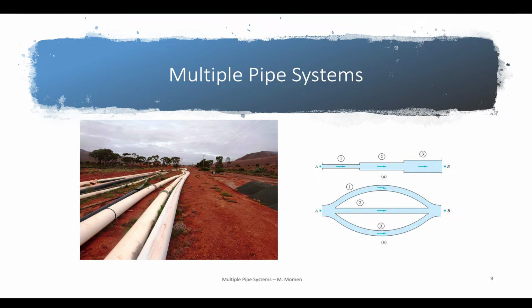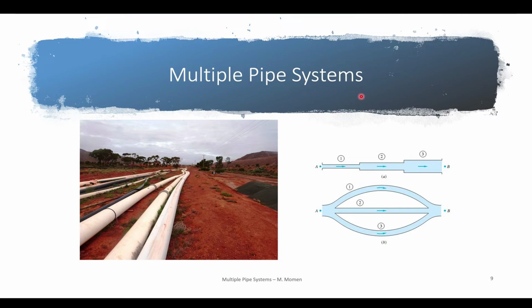So what if you have many pipe systems that work together and you want to find the discharge or the best pipe design for this type of system? This is the objective of this session. We are going to introduce different types of multiple pipe systems, including series, parallel, or other things,